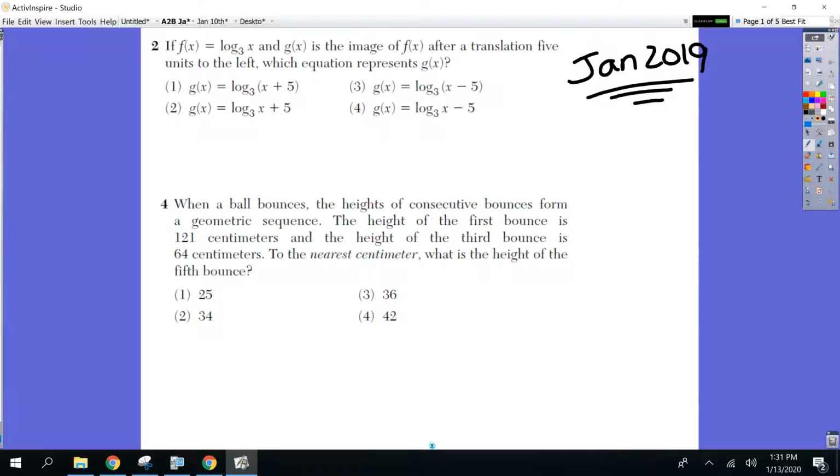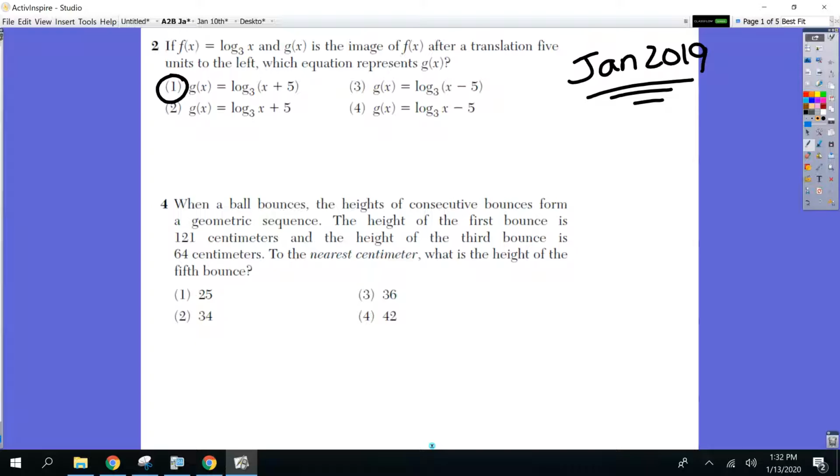All right, guys. If you're moving an equation left or right, does it go inside or outside the parenthesis? Nice job. Goes inside. So 2 and 4 are out. Do you remember what the sign has to be if you want to go left? It's got to be the opposite. I know you think negative, but if you're going left, it's got to be the opposite. So +5, yes. So we are doing choice